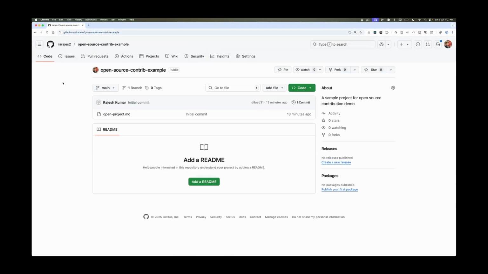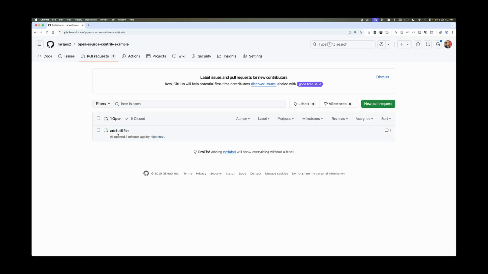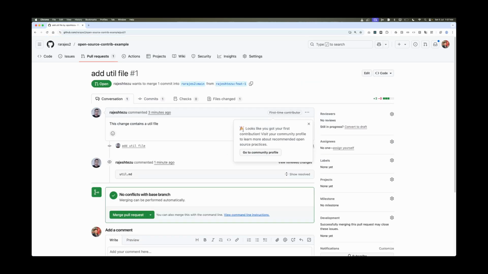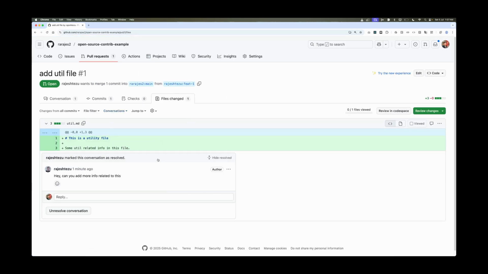let's zoom in, and if we go inside this pull request, you will see this is my other account from where we forked this. Here you can see that there is a pull request someone created. GitHub shows something like, hey, looks like you got a first contribution. Visit your community profile to learn more about recommended open source practices. There are good practices and a lot of other things that you can learn along the way. I added this comment from that account itself. Usually that doesn't happen. Whoever is the author can also add comments, but usually